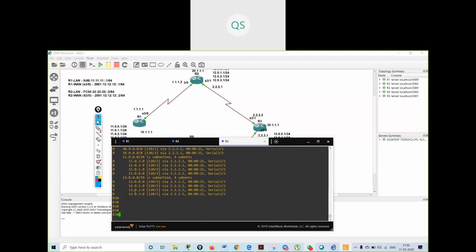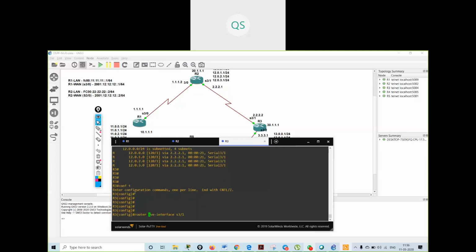Now, if I verify the same thing with EIGRP, in EIGRP you can give it in two ways. Either you can use wildcard bits.